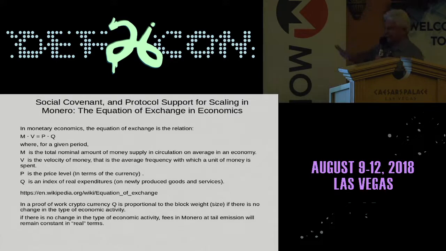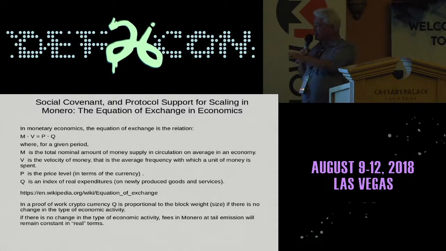Now, there are a lot of caveats for this. The first caveat, of course, and this has recently happened in Bitcoin, is what happens if you change the velocity. So, for example, you decide we're no longer a transactional currency, we're now going to become a store of wealth, and people are not going to move these things around, and therefore your velocity goes drastically down. That causes V to go down. That's one possibility. The other possibility is you change the nature of the goods and services. So, for example, instead of buying cups of coffee, we're buying $1 million watches. Well, then of course you get a similar situation.